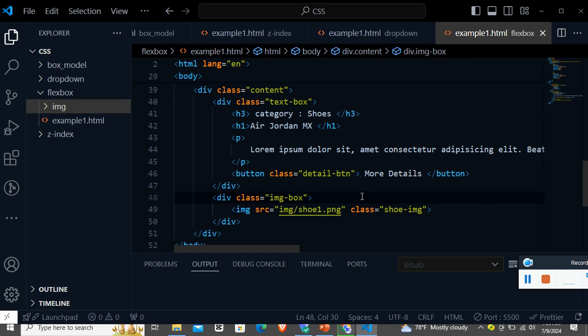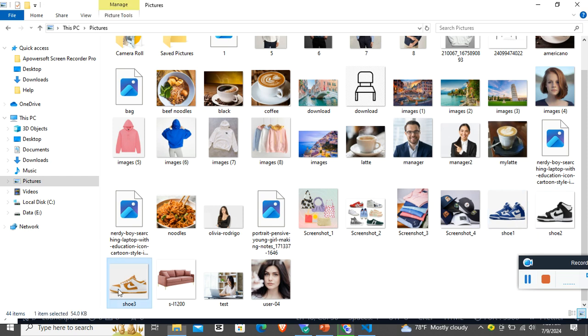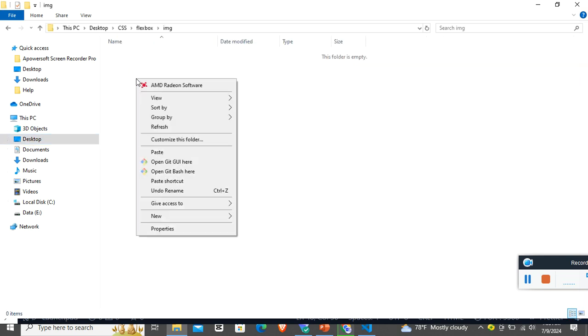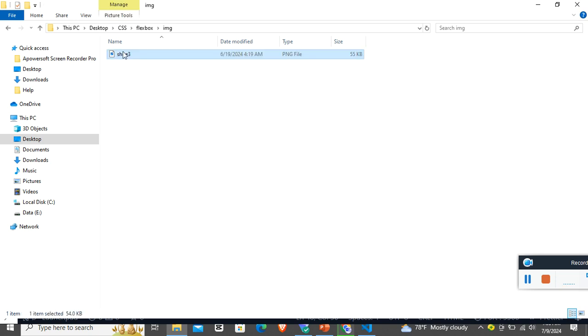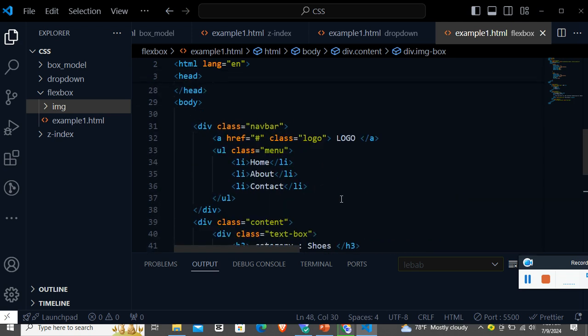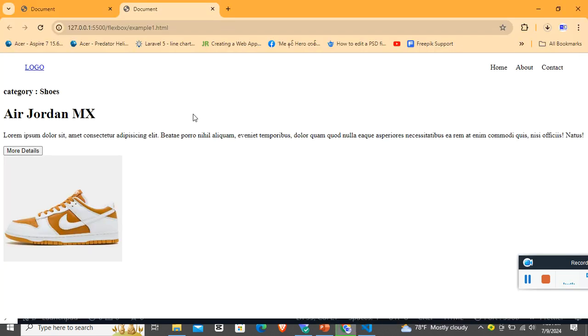Okay, so let's have a picture. I get this shoe picture, copy, and then CSS, and then flexbox. Inside the flexbox, there's the img folder. Inside the img folder, I just rename this to shoe. So we have a shoe picture inside the img folder. Now it's time to look at the result. Let's take a look. Okay, now I think